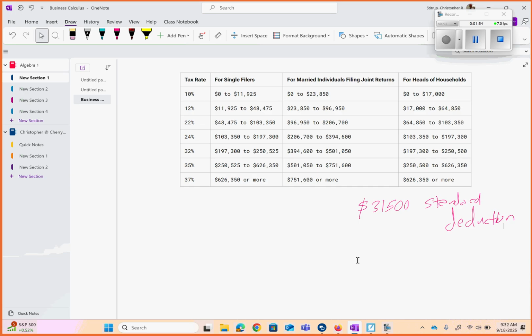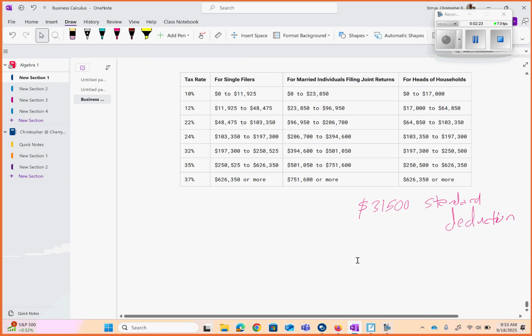Now there are other things that you can add to the short form that goes on top of the standard deduction as well. Okay? One of the big ones for people, if they have a mortgage on their house, there is taxes you pay for the property taxes of your home that can add on top of it. So let's increase this a little bit more to some things that we can do.